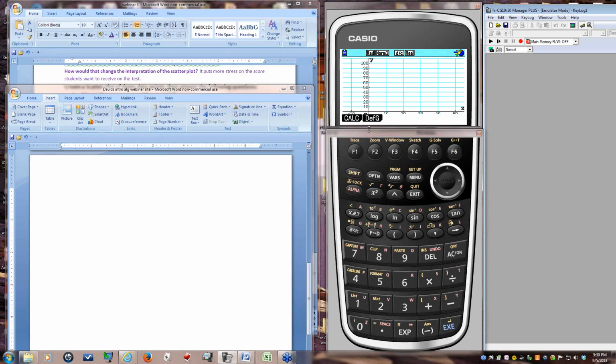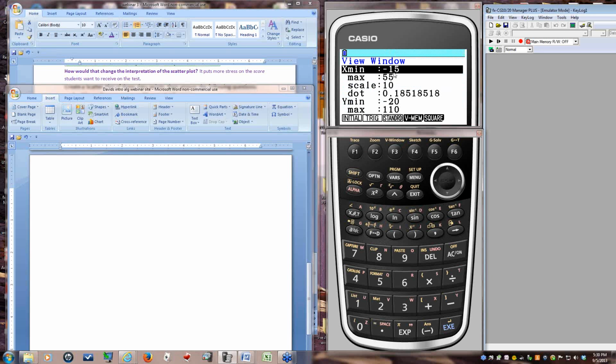So my X values, my data points, if my X values are the score, they went from 62 to 96 or 97. So if I want to set the window right, my window is wrong. That's why I've got a blank screen. So I can hit Shift, Window. All right, I always want to show some negative numbers if it's not unreasonable, because that gives me a y-axis over here so that when I go into my modify, I can see the values easily or better.